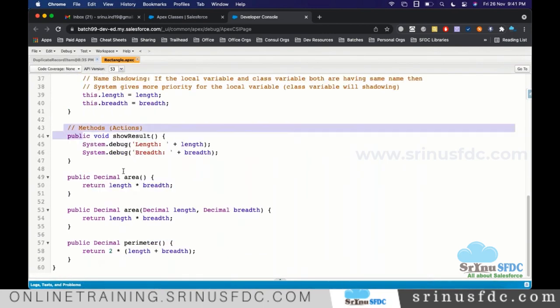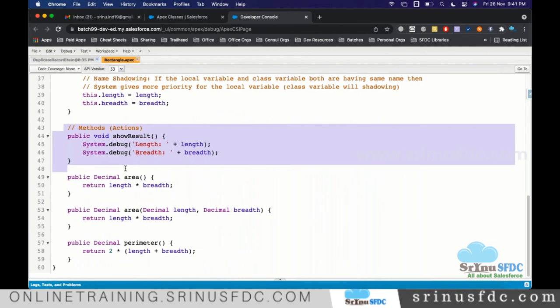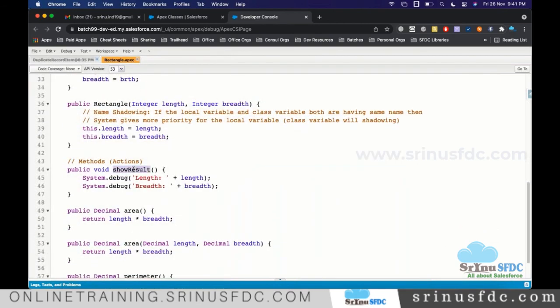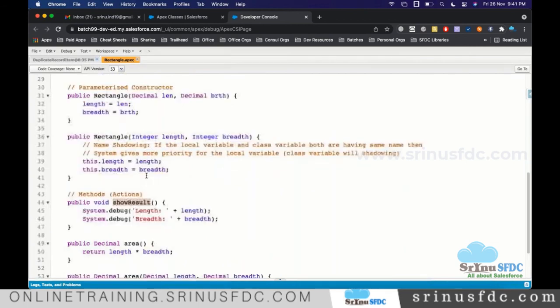Show result. You are just printing that in the console. Just it is calling and showing what value is present in this. Nothing more than that. Suppose in the car there is petrol. How do you know how much petrol is there? Show result, this name can be anything. It can be any name, whatever you want.